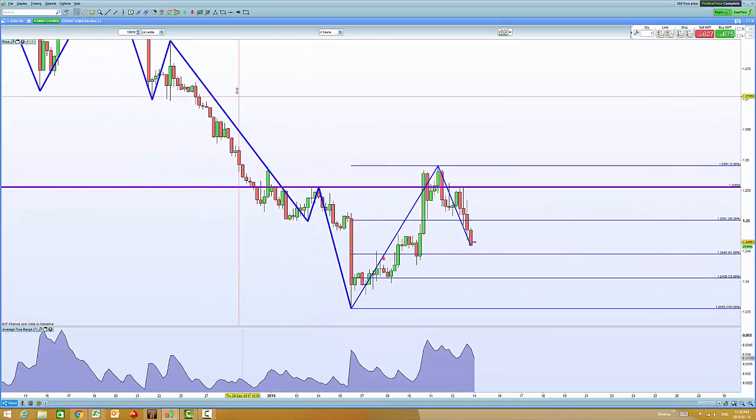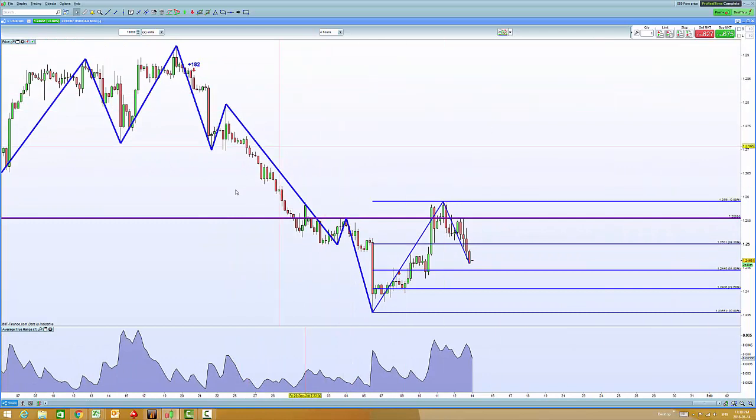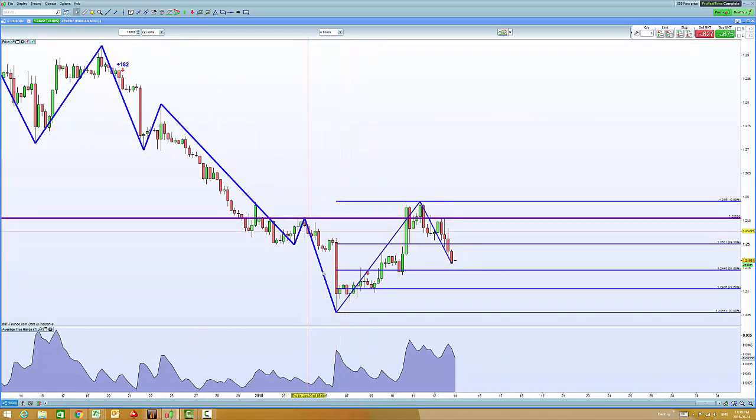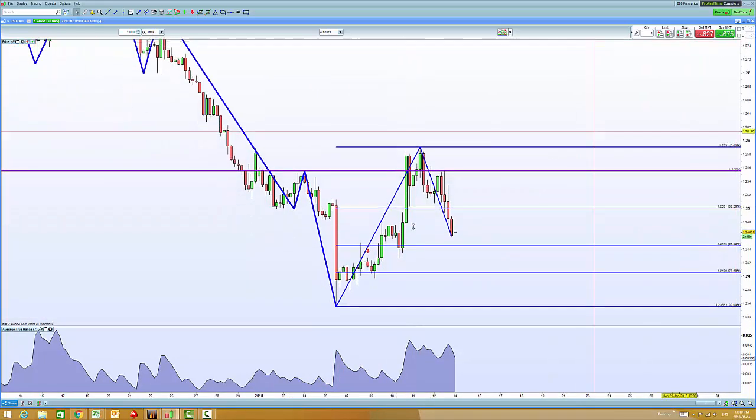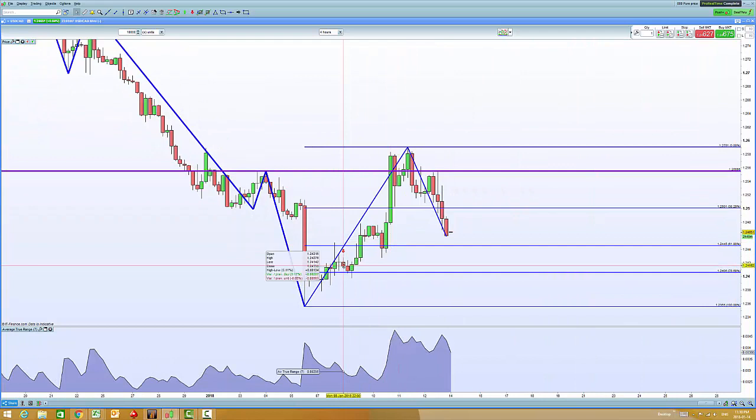So a bit of an interesting one. I mean, this thing was trending to the downside for the most part. Boom, boom, boom. Lower lows, lower closes. Then we had this push to the upside over here. We actually got involved in a shorting opportunity over here, quite a tight little one, where we were looking for continuation move to the downside, but that didn't really play out. Market popped to the upside and stopped us out.